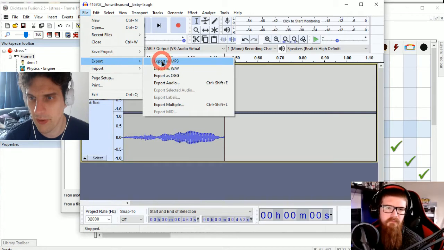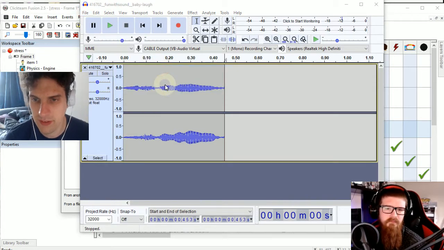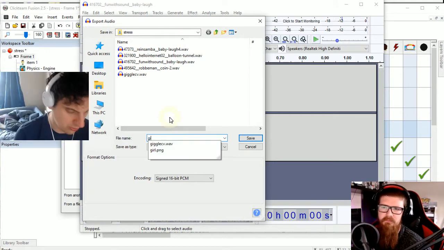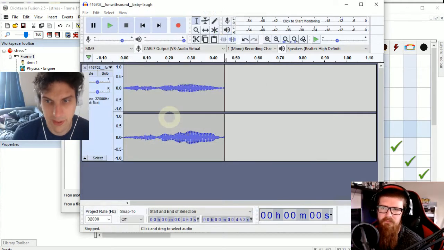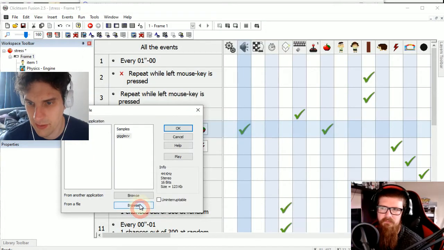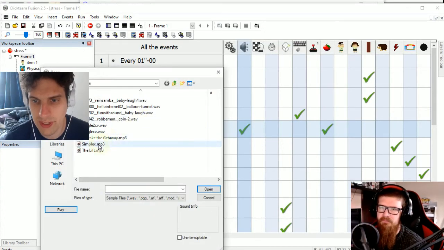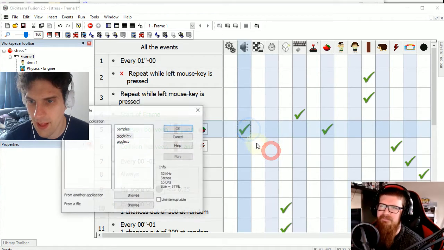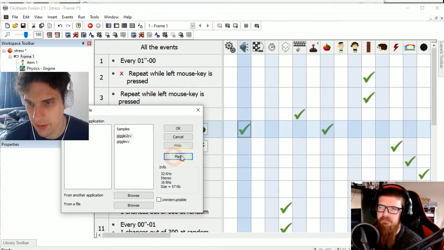And this was the one we heard first time. I'm going to do it as a WAV file. Clickteam Fusion can handle MP3s, but I'll just do WAV, Giggle 2 CV again. Right, the CV, if you're just tuned in, is because my keyboard's broken, not because I like pressing CV. Now here we go. There you go.